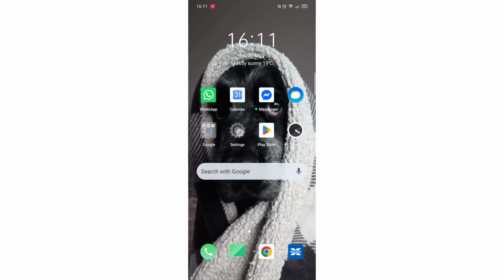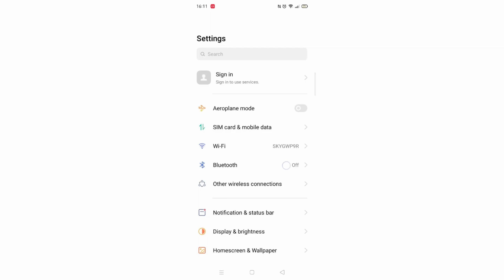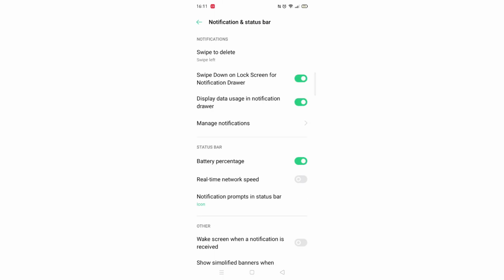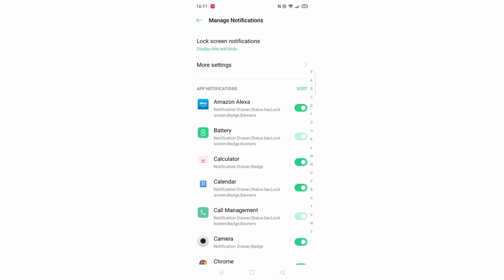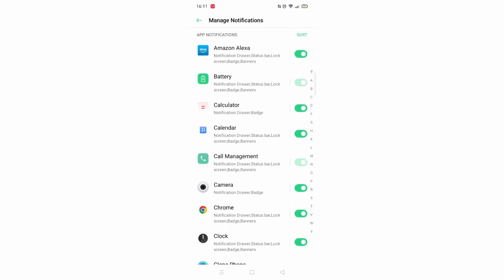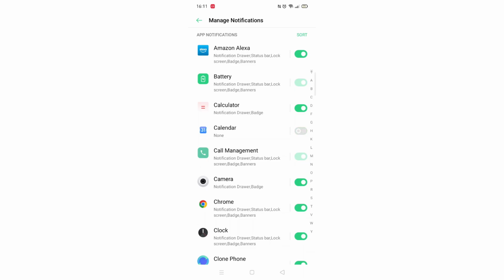Go into settings, go to notification and status bar, then click on manage notifications. All your apps that you currently receive notifications for will be listed, and you can either toggle them on or off like so,